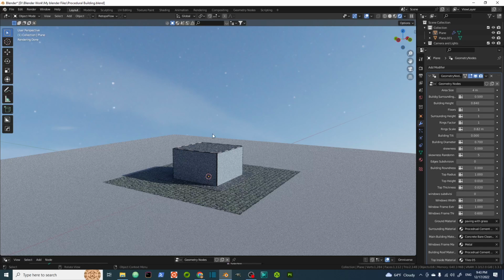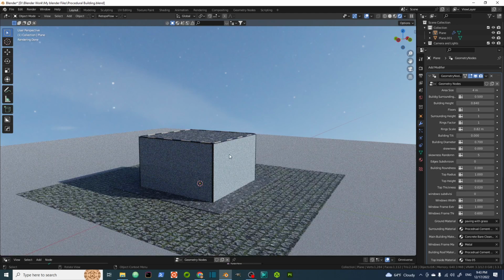Hello everyone, this is Ahmed Al-Najjar, and in today's video I'm gonna show you the, let's say, tower or skyscraper generator that I have made with geometry nodes. If we look here into this screen, we can see that we have a very small cubic building with glassy windows or glassy edges or surfaces around, and a roof, and also we have the building area itself and also